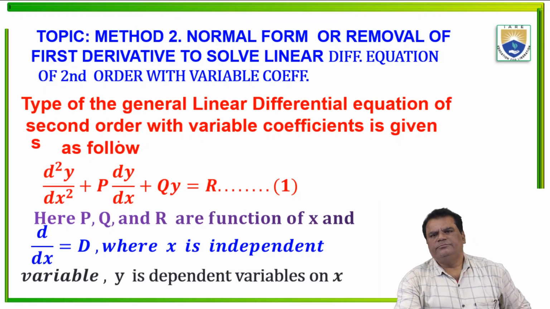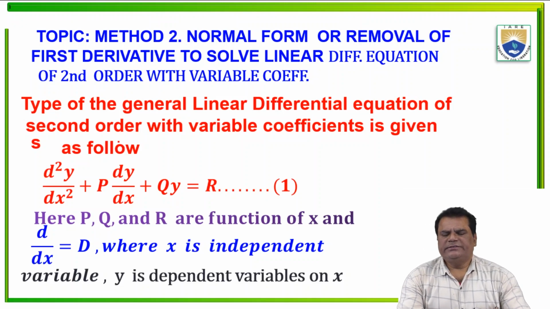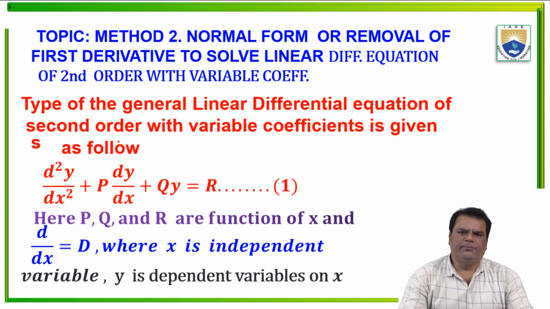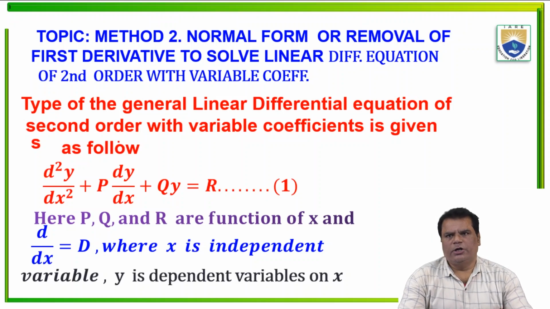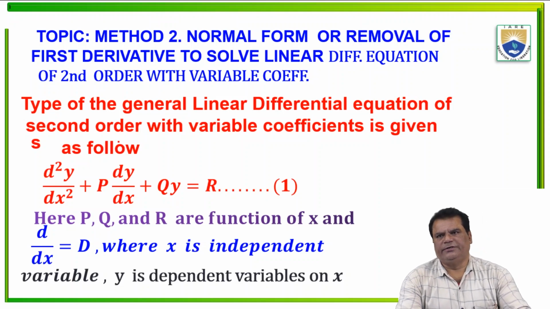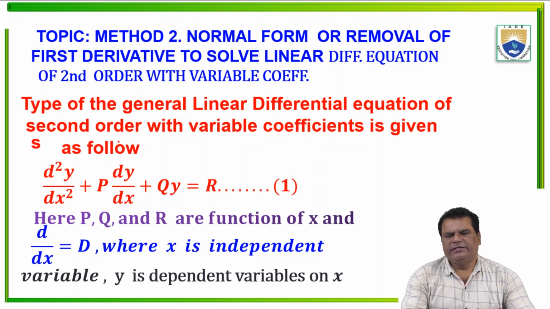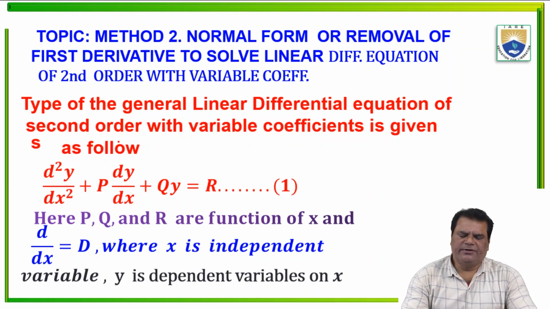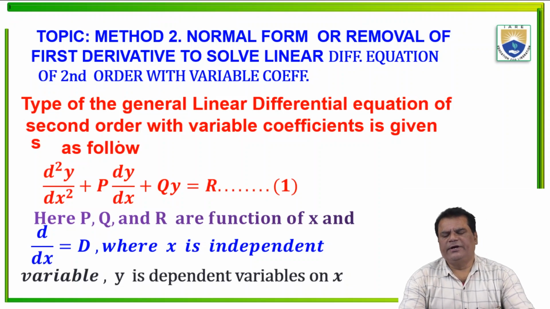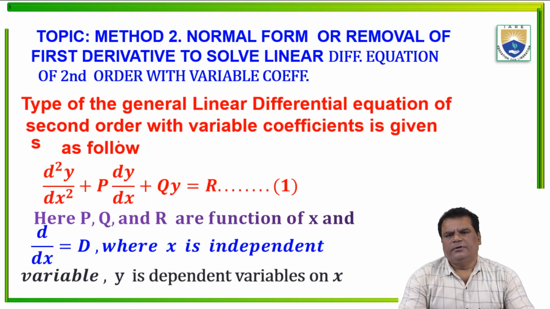So method 2 we want to discuss in this lecture. Method 2, the name of the method is normal form or removal of first derivative, to solve a linear differential equation of second order with variable coefficient. This method is very important, very interesting, and also very easy. So we discuss in detail how we can apply it in our differential equation. So first of all,